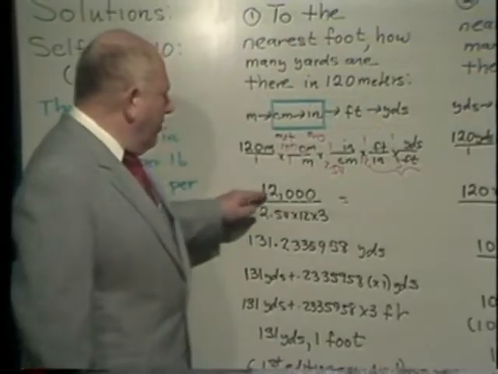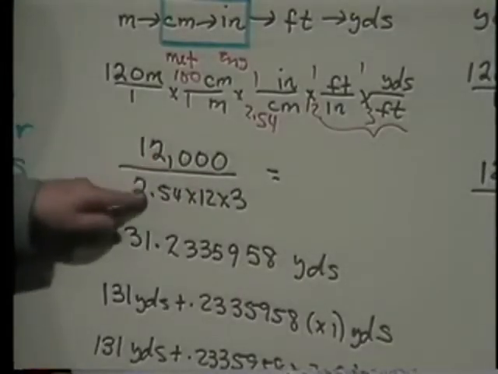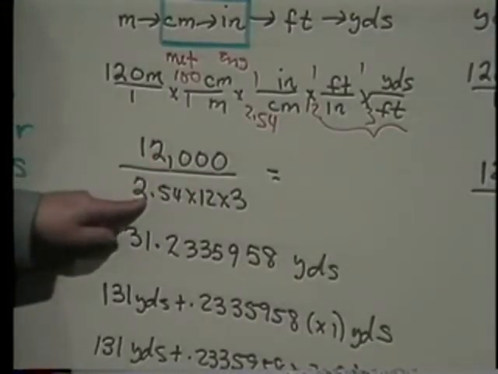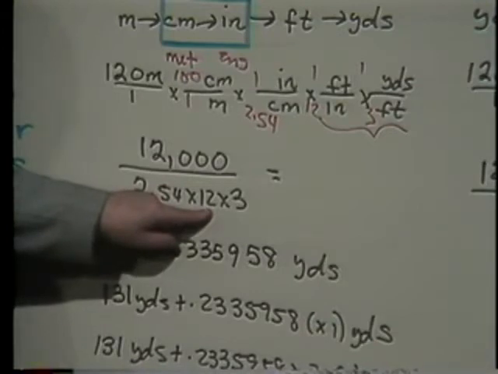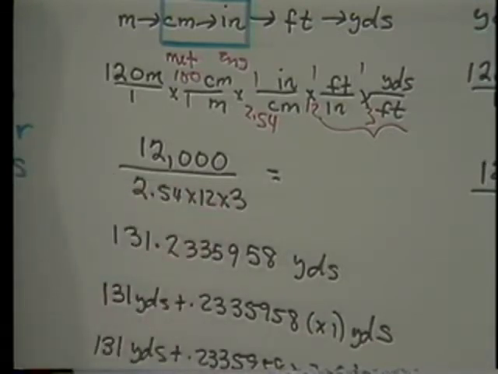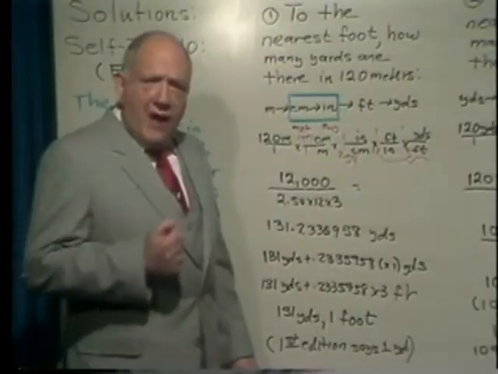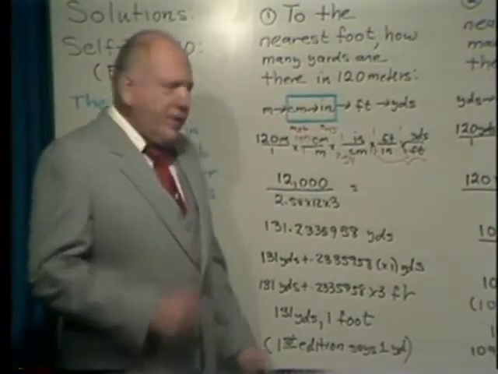How do you do this problem? You take the 12,000, you divide by 2.54, whatever answer you get. See, it's a multiplication sign here, but it's in the denominator. So you divide by 12, then whatever answer you get, you divide by 3. And hopefully you'll be noticing that you don't have to change anything on your calculator. You just do these